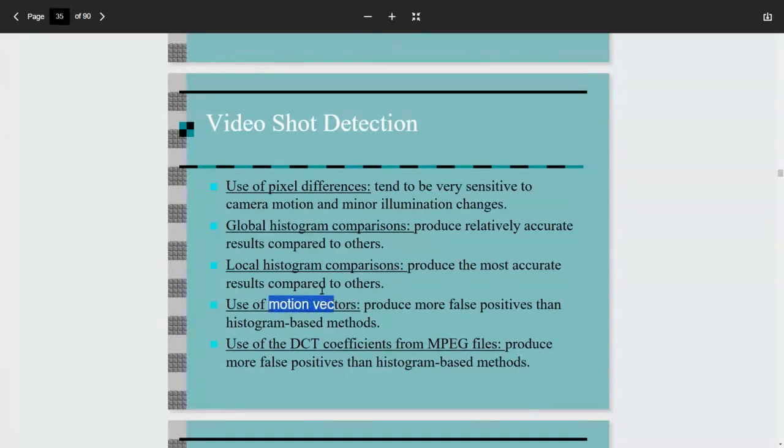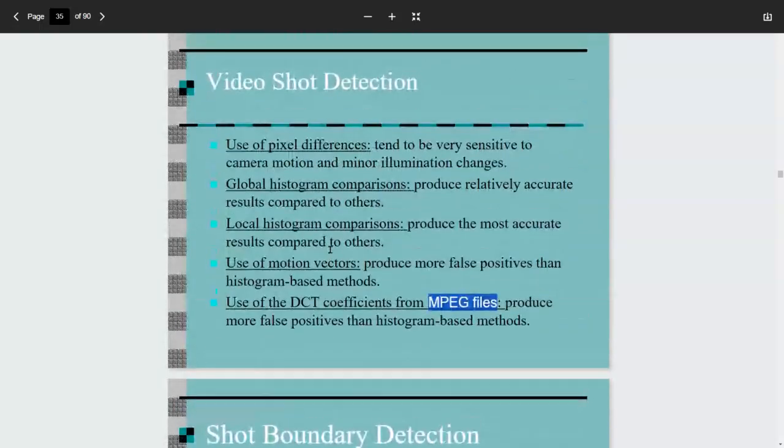Some of these features, by the way, pixel differences, frequency domain metrics, histograms, and motion vectors, also like these DCT coefficients, are also used for coding purposes or compression. So the features are already available for you, even just for basic representation purposes, coding purposes. So those features can readily be used for AI applications or indexing or retrieval mechanisms,